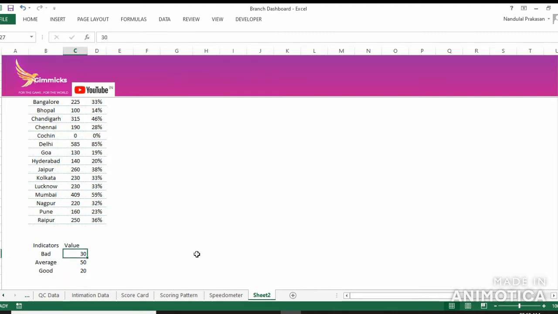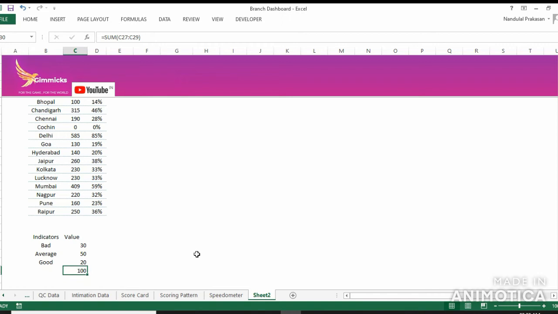So till 30 it is bad, till 80 it is average, and 81 to 100 is good. So the good segment is 20, the average segment is of 50 points, and the bad segment is of 30 points. That is 0 to 30. Also, I'll add the total of all this, that is 100. This is very important. You should have 100 as a total of all this for creating the indicator.